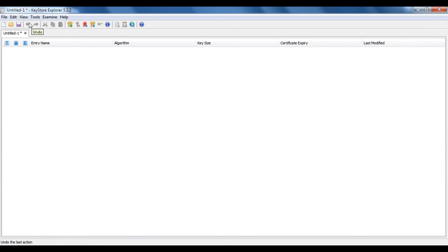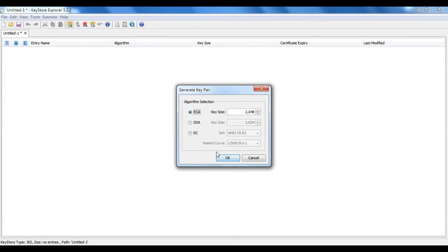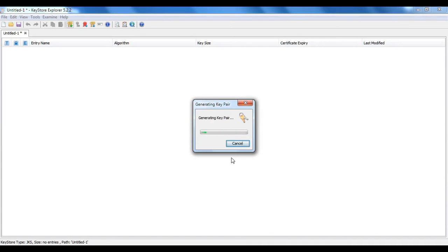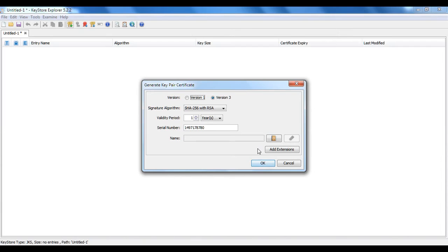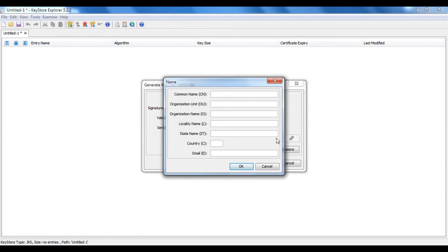Here you have different options. I'll click on generate key pair. I am choosing the default algorithm, which is RSA, and the key size is 2048, which looks fine to me. Alright, in the name I'll give my name, or maybe the channel name is better.